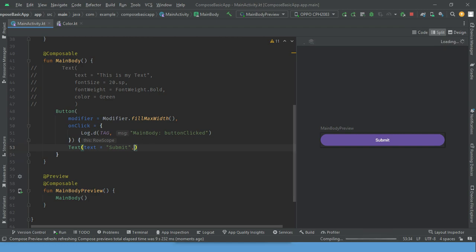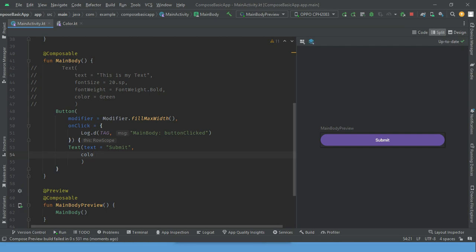For that we can use the color property, and let's make it green. Okay, now